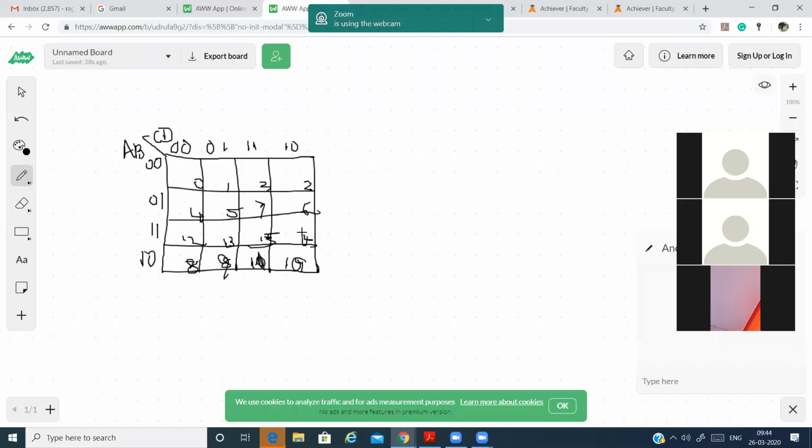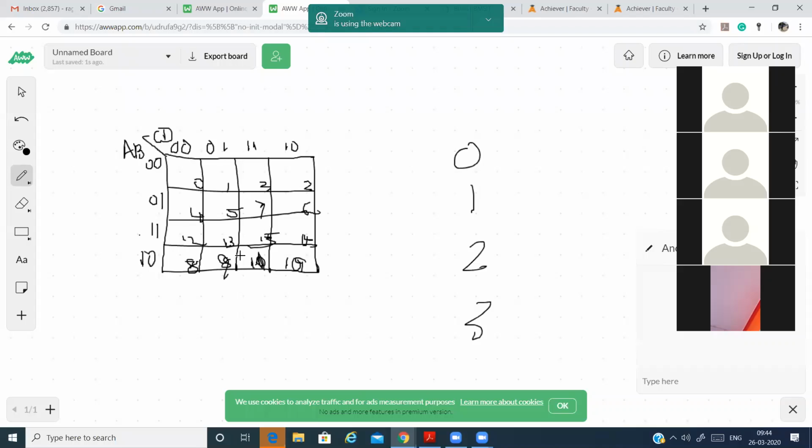See, why we are numbering it like that is because this column and this row, the highest value here is 3, so obviously we have to take that one as last, because we have to start from 0, 1, 2, 3. That's why while numbering also we take it like that. And on the vertical axis, this is our 2 value: 8, 9, 10, 11. This is our 3: 12, 13, 14, 15.